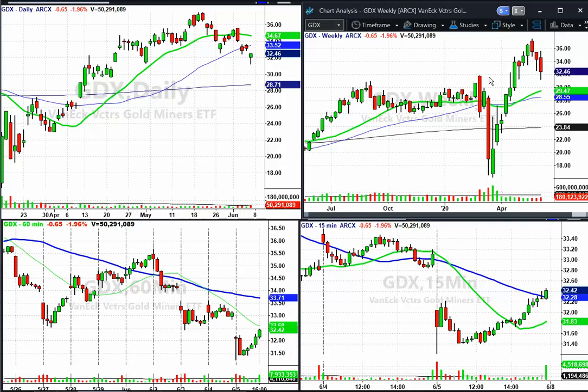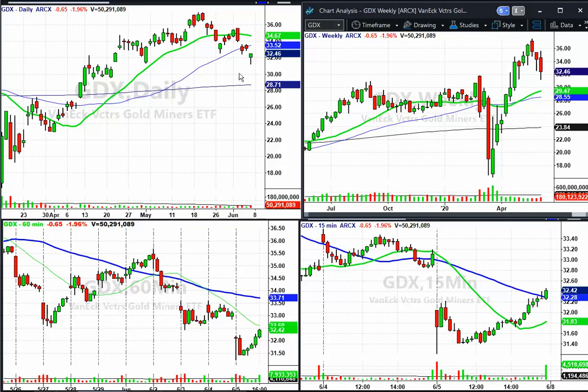And actually at 32 from this here. So it kind of kissed off this 32 here. It's got support here on the daily at $30 a share. And below that, your next support area is way down here at 23. So if you get in this, toy with it here. If it breaks this 28.50, 29 area, I just get out.